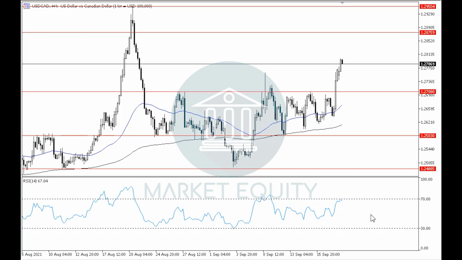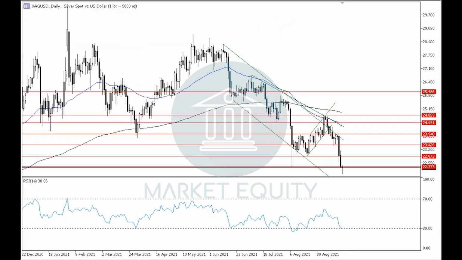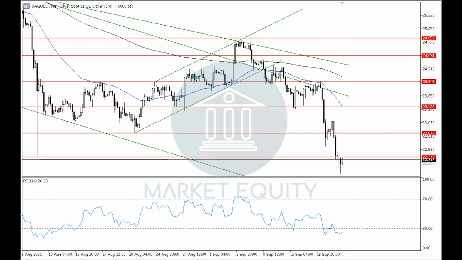Let's move on to the silver. As we mentioned in the previous videos, we were waiting for the silver to continue with the downtrend in the daily time frame, and we were waiting for it to target level 23.40, then 22.85 in order to continue with the downtrend. Recently, the silver broke down through level 22.85 and is currently being traded below level 22.35, which, by